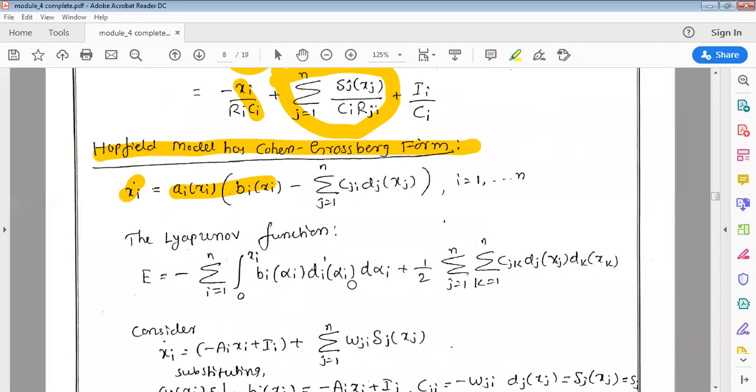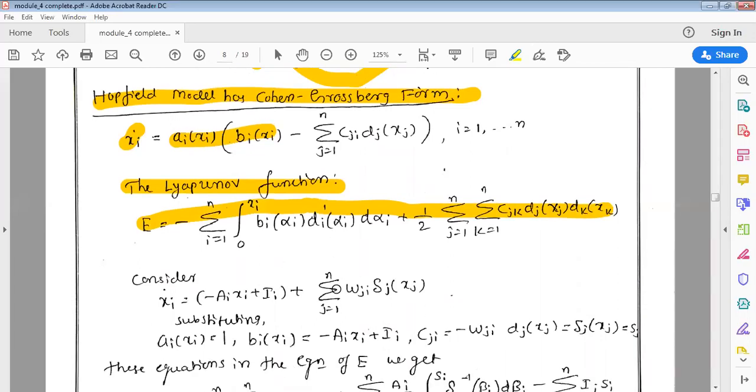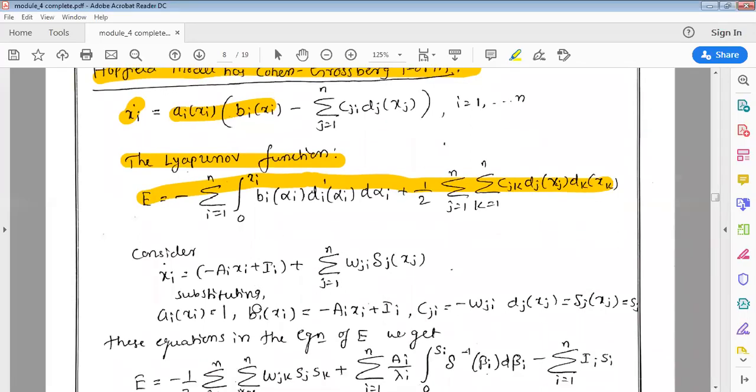Okay, so you already know, as I indicated in the previous discussion, that if you roll a ball over a Lyapunov surface, which is an undulating surface, the ball will settle down to a local minimum. So how do you identify the local minimum, and how do you say that the network is stable? The network stability is given by a Lyapunov function. This Lyapunov function is given by this expression.